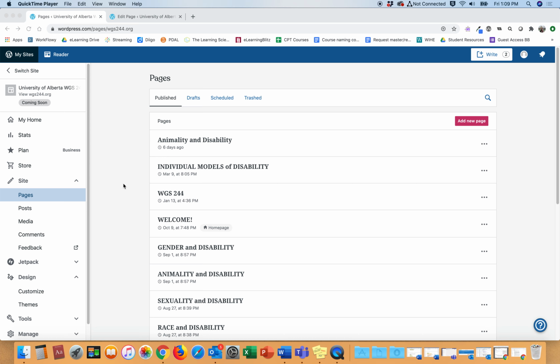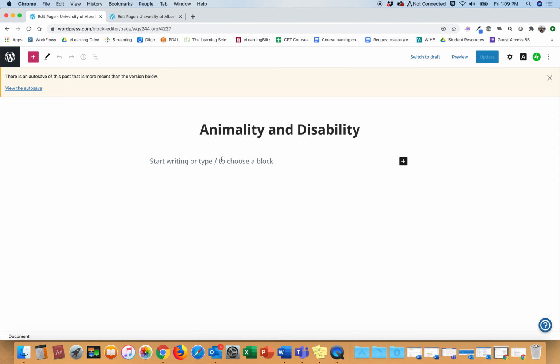Let's say that you've added a new module page and nothing actually exists on that page, like this animality and disability module page. Let's go into it now. So we have the module page, but nothing is on it. No problem at all. What I do is get really good at copying and pasting and reusing things that already